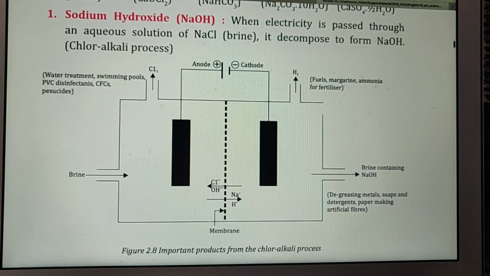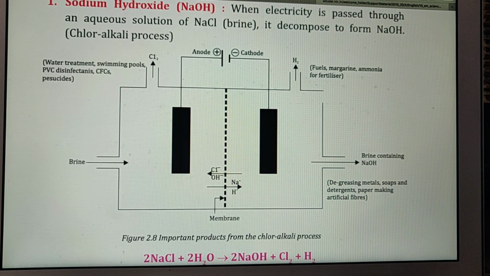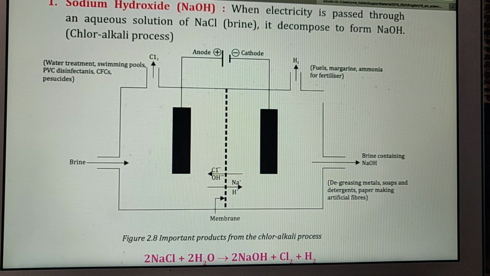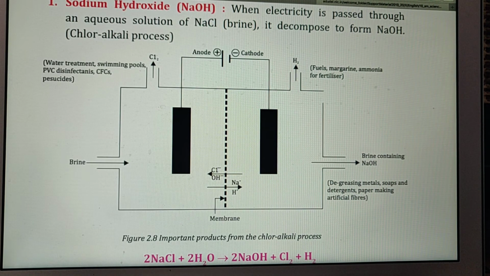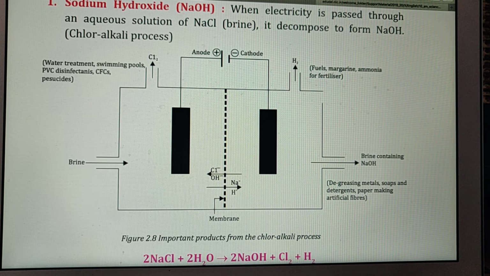When electricity is passed through an aqueous solution of sodium chloride, called brine, it decomposes to form sodium hydroxide. This is the chloralkali process. Here in this chloralkali process, chlorine is used for water treatment, swimming pools, PVC, disinfectants, CFCs and